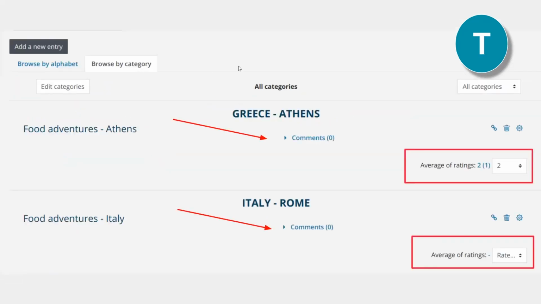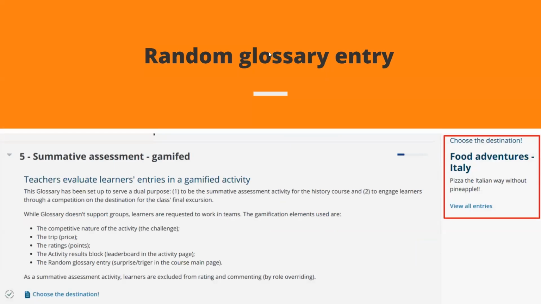Simple setup. As teachers, they have the ability to review and comment and rate the entries, also very typical. And that's it. Let's see a little bit the blocks that support this gamification approach.